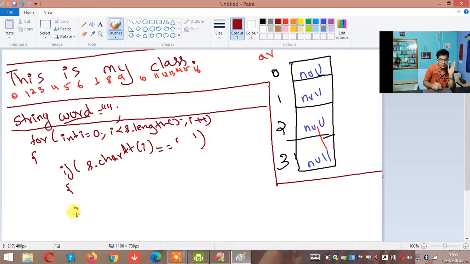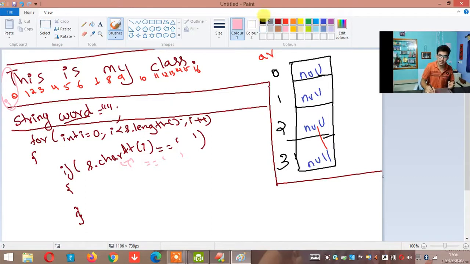What am I checking? I am checking whether it is equal to space. For example, let me take a different color here. So the i value is 0. When my i value is 0, don't you think I'll take s.charAt(0)? What is s.charAt(0)? s.charAt(0) is t. So I'm comparing now: is this t equal to the space character? No. No means what? Think. Don't you think if it is not a space, then it is a part of a word? Agree or not? If t is not a space, which means t is a part of a word. That's why, don't you think now the condition is false?